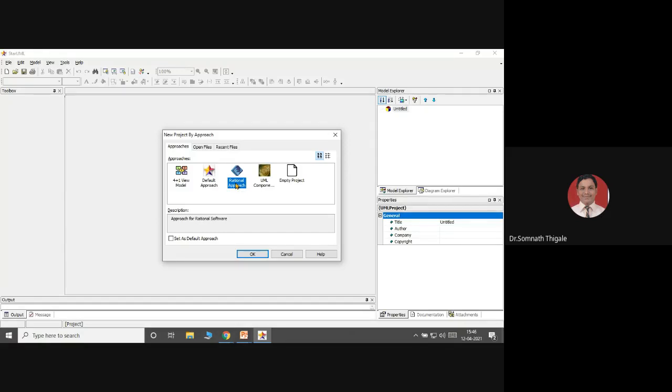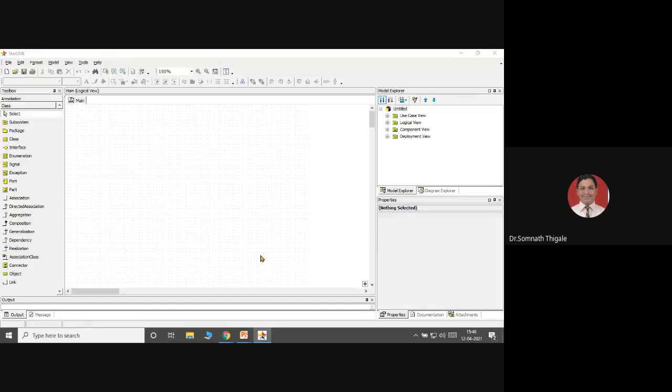Rational approach is an approach, if we select this, as per the tradition of OMT technology, object oriented modeling. This is the part where three scientists, Ivar Jacobson, Grady Booch, and one more person, came together and started a new approach called the OMT approach, because these three scientists represented different things in different notations, which may create a problem. So to solve that problem, they came together and started one approach we simply call the rational approach. So I'm selecting this rational approach and say okay.